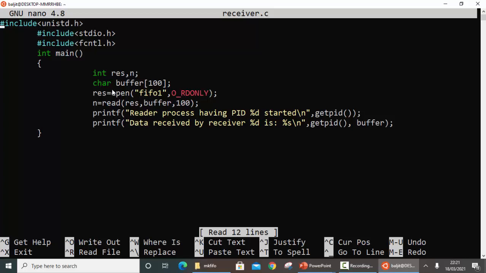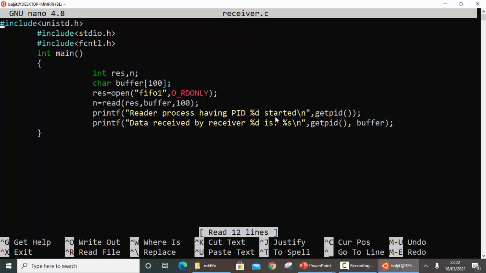So I get the file descriptor in res, then use the read function to read from the file descriptor res into the buffer, a maximum of 100 characters. So this receiver process is going to read from the pipe FIFO1 a maximum of 100 characters. And then there will be two printf statements, "reader process having PID started".